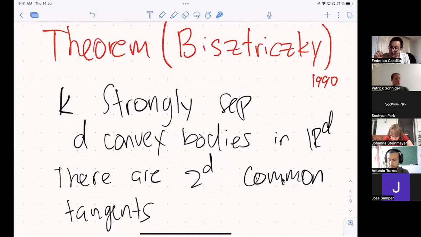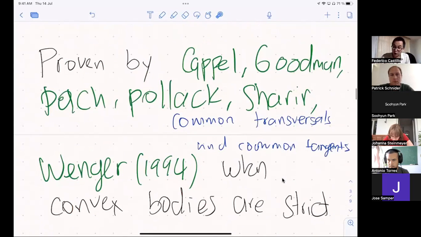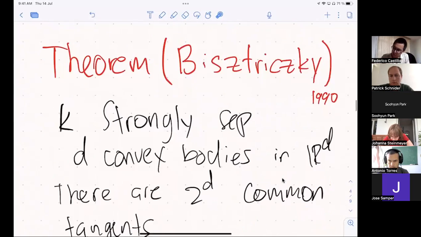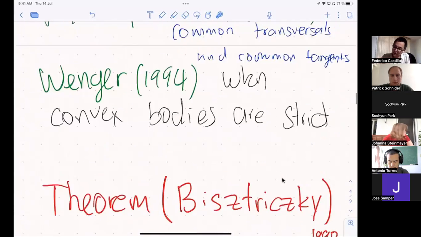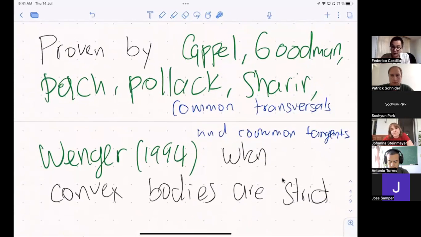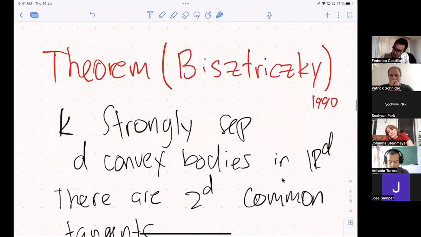So the case m equals d had at this point 2 proofs, one by Bisztriczky, and they also prove it in general, because they can remove the strict convexity condition in that case. These 2 proofs do induction. The idea is, I have 3 bodies and somehow I want to delete one body, and they deal with that somehow. This is the strategy of Bisztriczky, and this is also the strategy of this paper. They do induction by deleting one body and going on with that. Okay, so